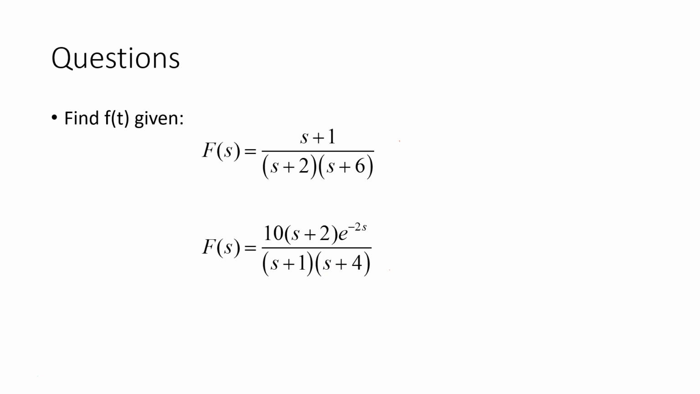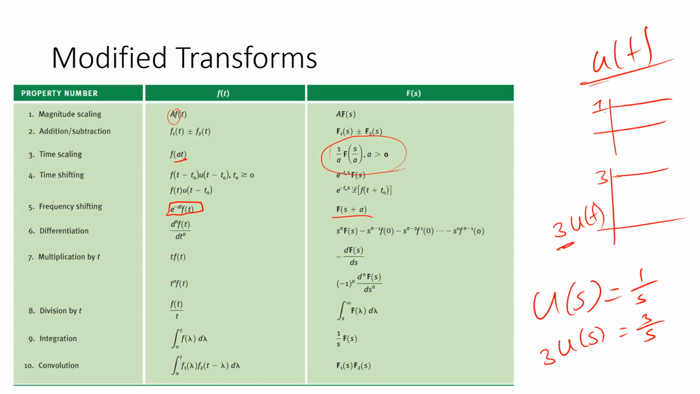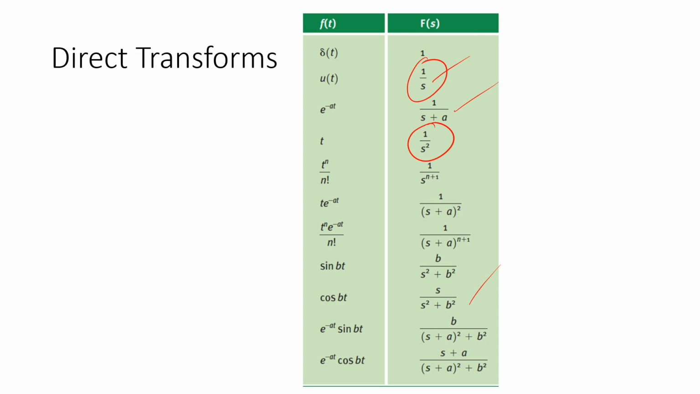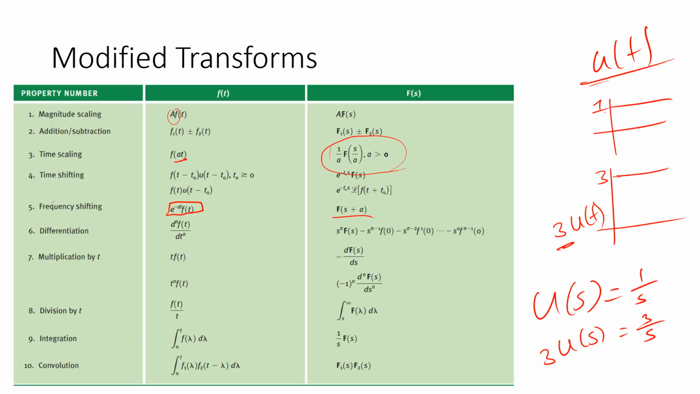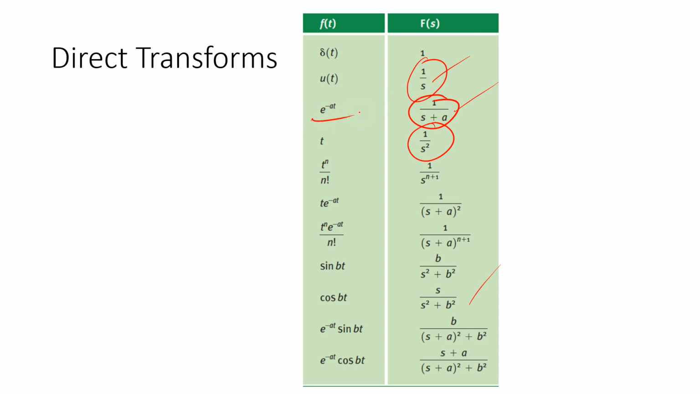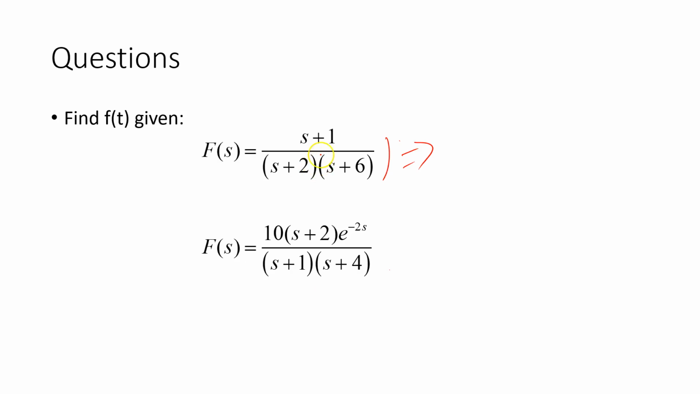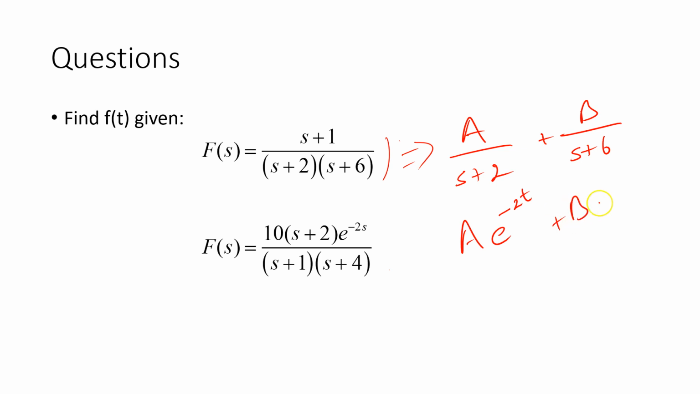So what you need to do is take these functions and transform them into forms that you could find in the tables. So for example, you know that there is a form here which is 1 on s plus a. So 1 on s plus a will transform to e to the minus at. If I go back to these examples, I could take this and turn it into A over s plus 2 plus B over s plus 6. And then once I have this, this will transform into A e to the minus 2t plus B e to the minus 6t. So you have to essentially break this up into the constituent parts that you could find in the table,